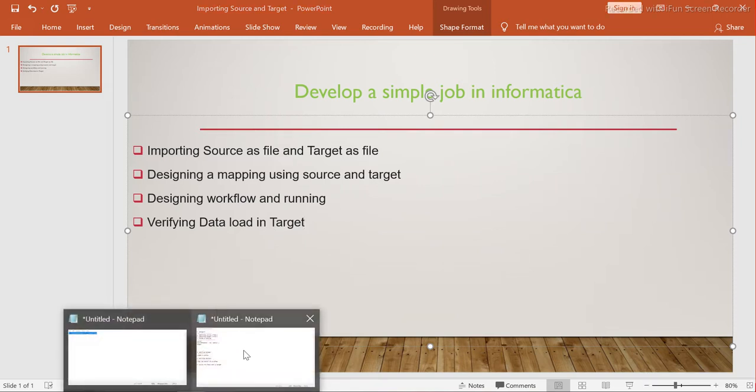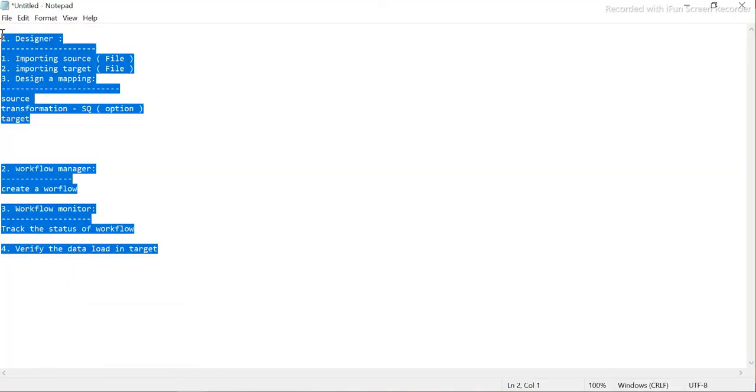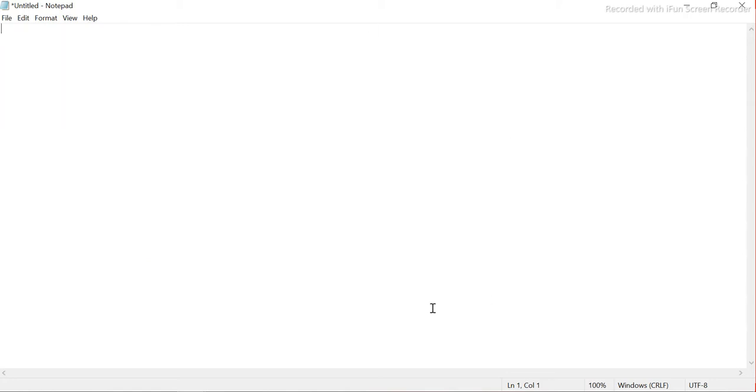All right, guys, I will tell you step by step what we need to do. First of all, let's write the steps to design this particular job. What are the components that we are going to touch here? The first is the Designer, where we are going to design the logic. The second is the Workflow Manager, where we are going to create a job,